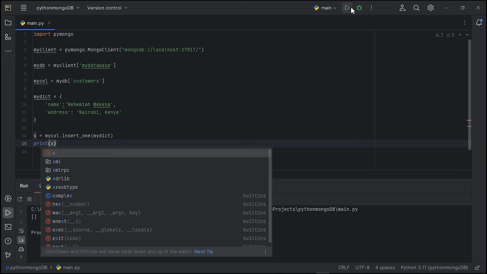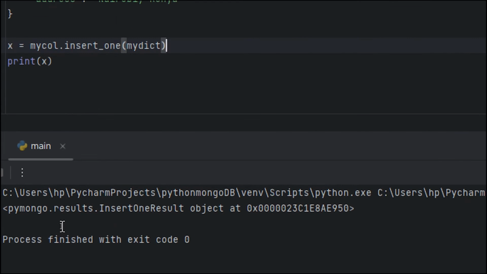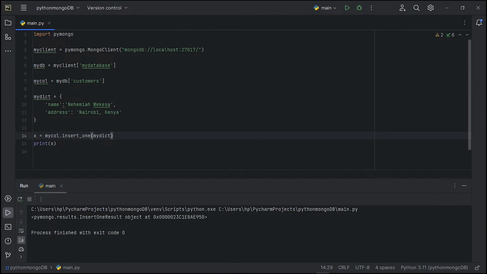Let me run, and then here you can see it has printed out some results here at the bottom. So just know that it's now working. Insert one record result object, and then these other things. So let's check it out in our MongoDB database. Let me refresh,